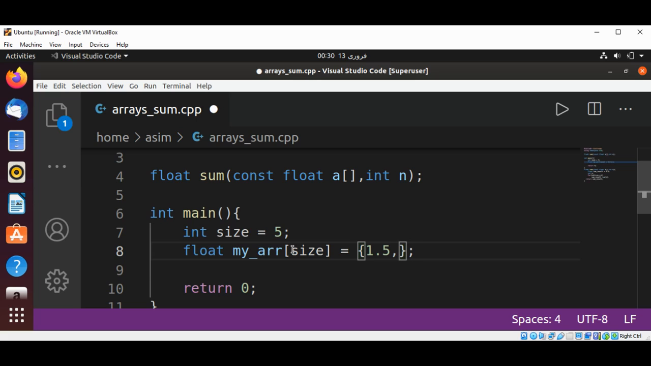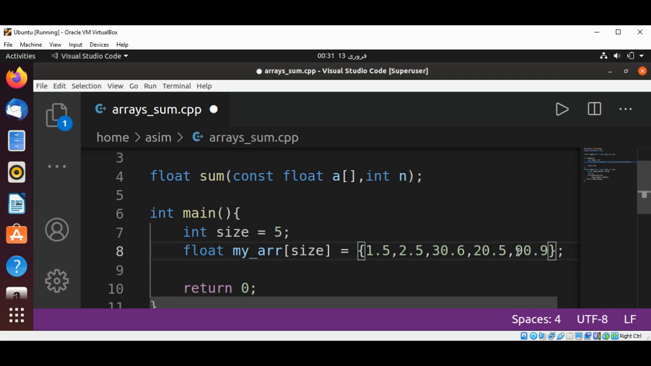1.5, 2.5, 30.6, 25, and how many do we have over here? 1, 2, 3, 4, and just one more, 90.9. Just going to save it